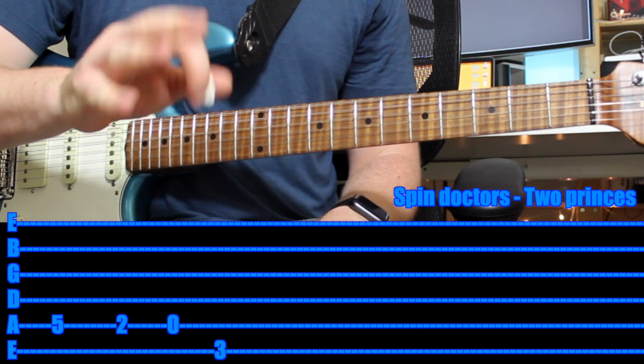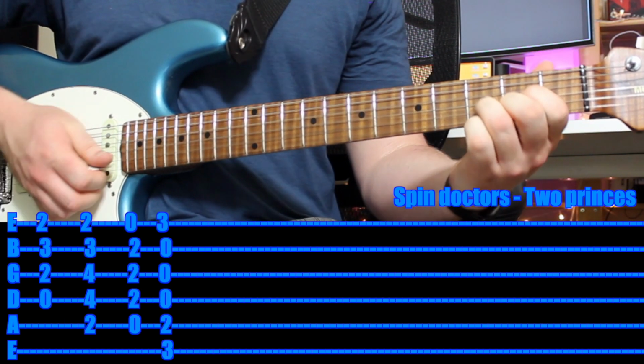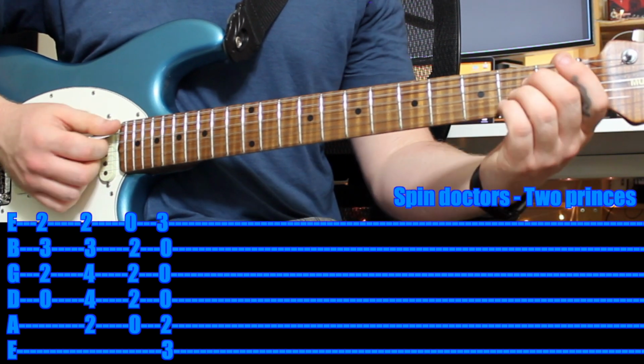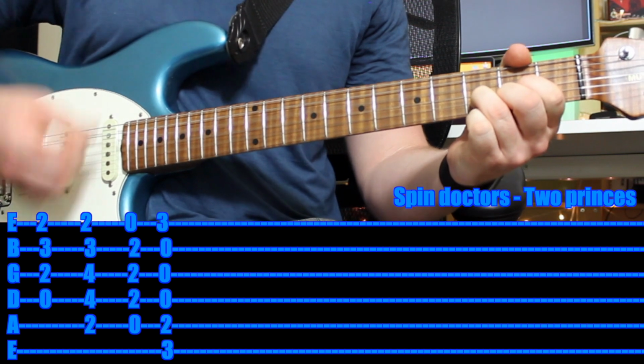Once you can do that, I would focus on 2 chords. Just try and get the D chord, skip the next one, skip the B minor, get the A chord. Then take your time and get back ready for the D. So it'll be like,